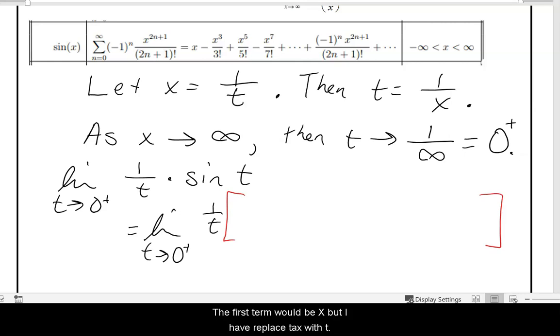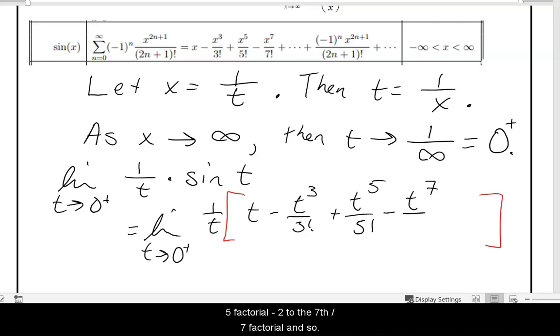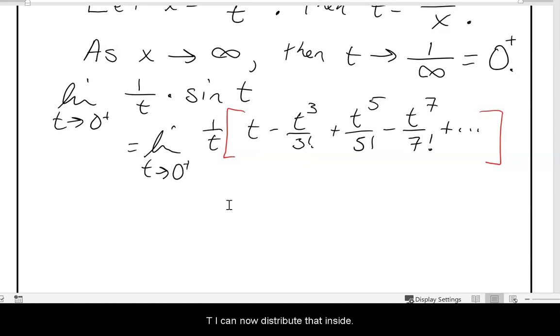The first term would be x, but I have replaced x with t. That is going to give me t minus t cubed over 3 factorial plus t to the 5th over 5 factorial minus t to the 7th over 7 factorial, and so on. This will give me this value of sine of t, and I've multiplied it by 1 over t. By multiplying by 1 over t, I can now distribute that inside the parentheses